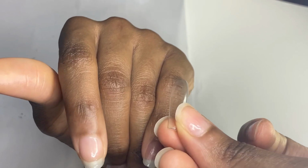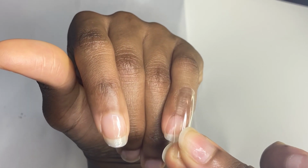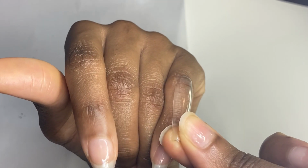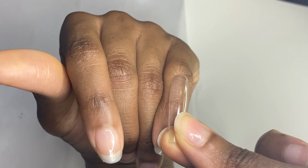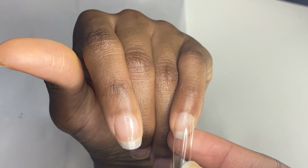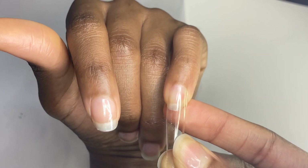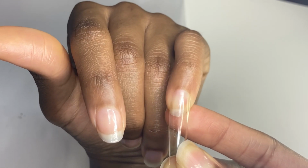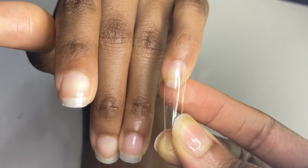If you place that tip on just looking at the person's finger, like how my finger is going, the pinky is going to the left. If I place that on like how that finger is going, it's going to be crooked. So you want to size it and pay attention to the knuckle. So you see how I went from that knuckle down, and I'm going to place it down right here. Now I might have to slightly move it over to the right a little bit, but you want to make sure that their finger is